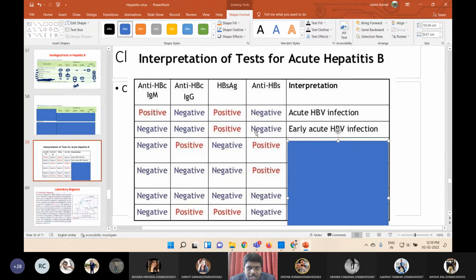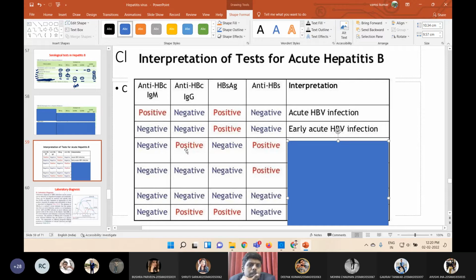So in early acute infection, we can find only surface antigen. And the first one is maybe after 1 week. After 5 days, the patient may develop IgM antibodies. Okay. Then what is this third line? Core M negative, core G positive. This is a past infection most probably, as antigen is not there.